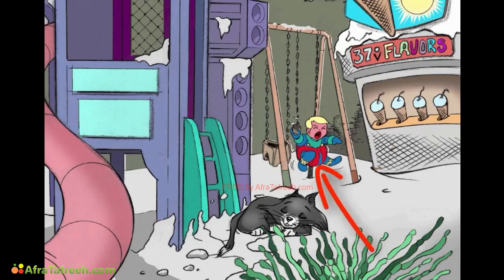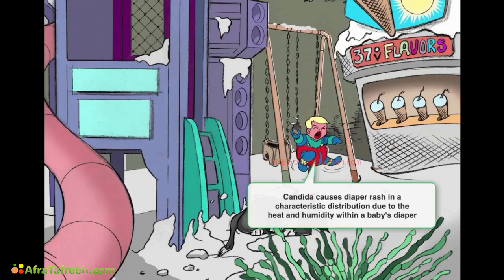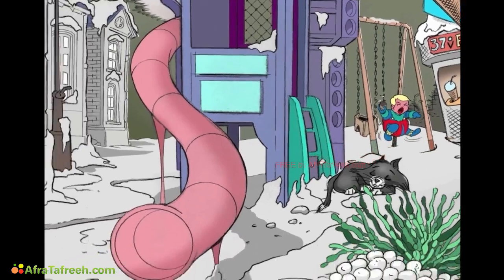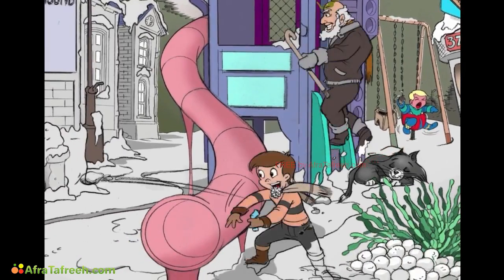Notice we made the swing red to indicate the severe redness that you'll see in the diaper distribution, since this area is exposed to such heat and humidity. Moving along, we come to this old man with a cane and this boy, who are going to illustrate oral